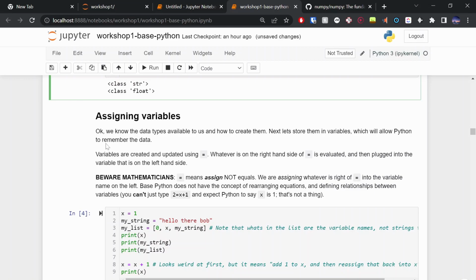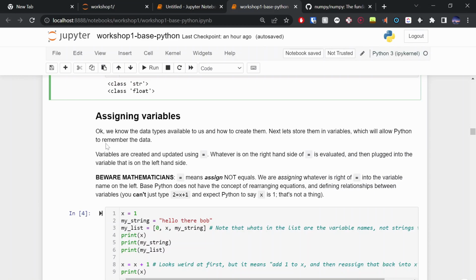The difference is if we do 2 equals x plus 1. As mathematicians, we're like, oh yeah, x is 1, because that's the solution to that equation. But Python looks at the right-hand side and says x plus 1; I haven't heard about x, I don't know what that is. And 2 is a number, I can't assign into that.